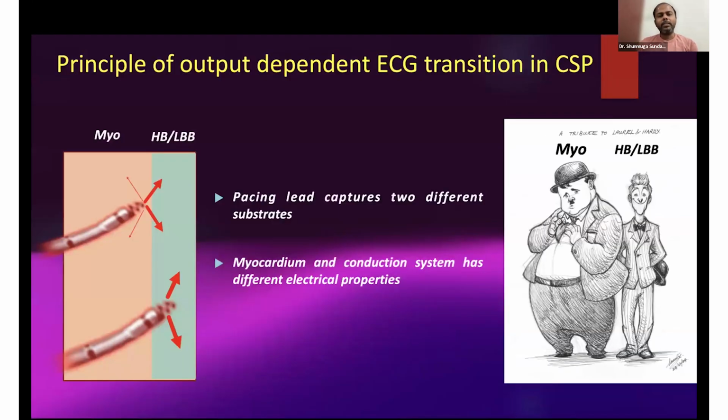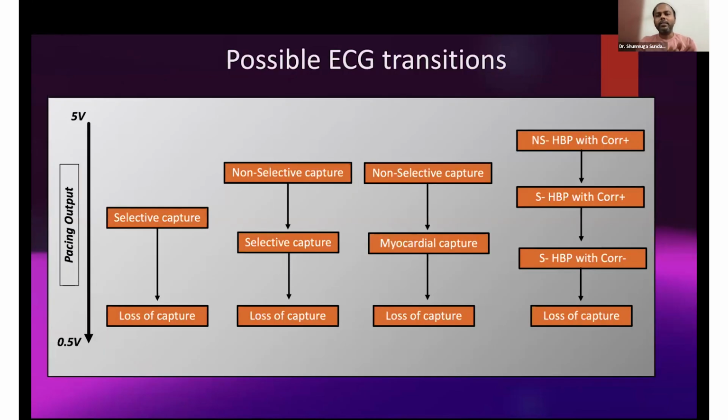This output-dependent QRS transition is probably easy to identify when you have an EP system, because you can blow up the sweep speed to 100 or 150. You can see the typical change in QRS morphology. Your lead is capturing 2 different substrates with different electrophysiological properties. One is the myocardial fibers, the second is the conduction system fibers. As you reduce the output, you'll have a change in QRS morphology as one of the substrates will lose its capture. So you can have different patterns of transition: selective capture to loss of capture,